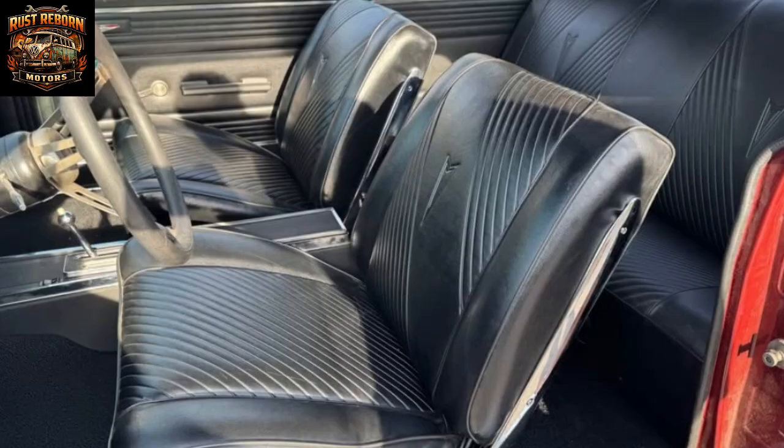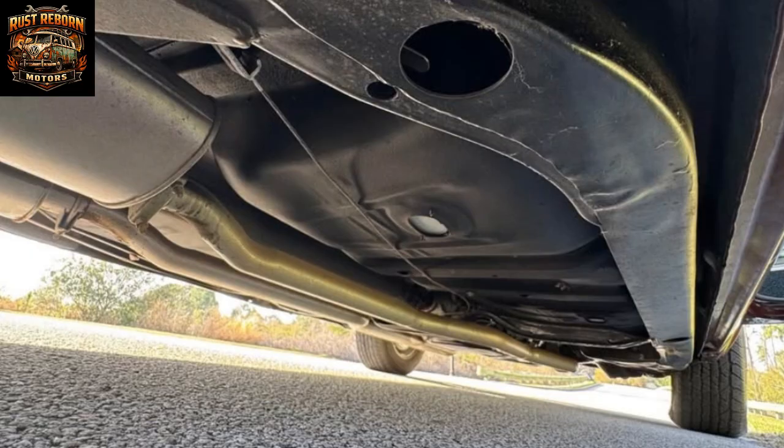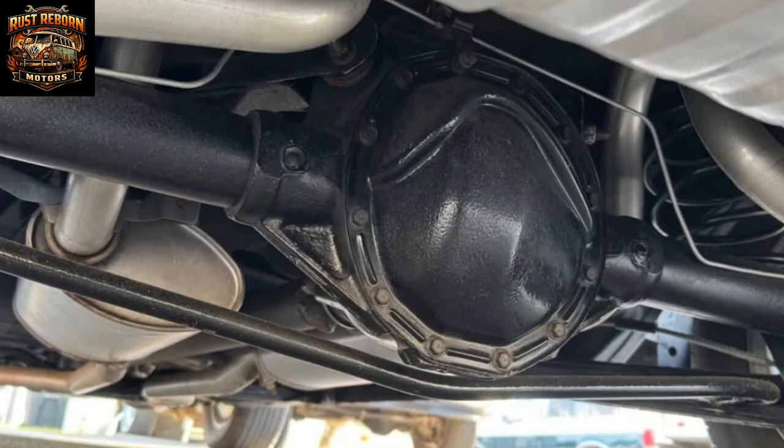character that enthusiasts appreciate. From a handling and safety standpoint, the car has been fitted with a new disc brake conversion kit, a highly valuable upgrade that dramatically improves stopping power compared to the original drum brakes. New shocks have also been installed, helping to tighten up the ride and handling and giving the car a more confident, controlled feel on the road. Together, these updates make the LeMans not just a good-looking classic, but one that can be driven with more confidence